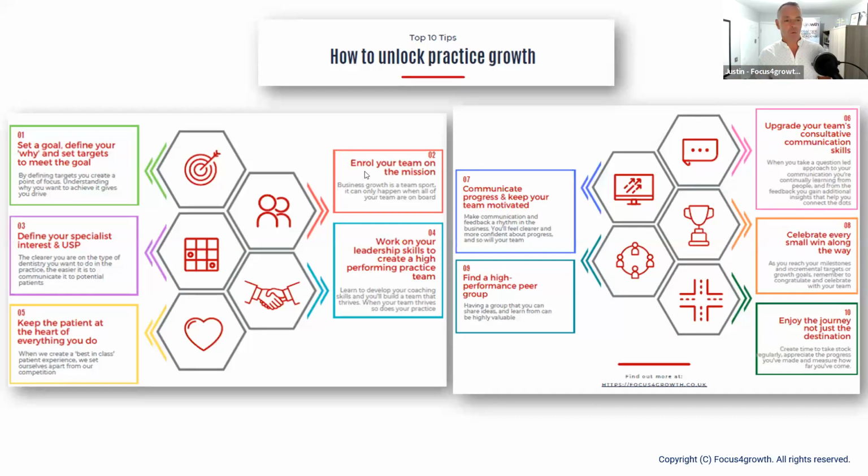And we really think about what are the key elements of unlocking practice growth, helping your teams to take practice to the next level, and start that kind of momentum building around growth and really starting to achieve those aspirational goals that you set. So there's 10 things on here. I won't go through them all. We've looked at the first couple, but you'll see there's 10 here, and I'll share the slides with you afterwards. So you're welcome to have a look at this in the background after tonight's session as well.